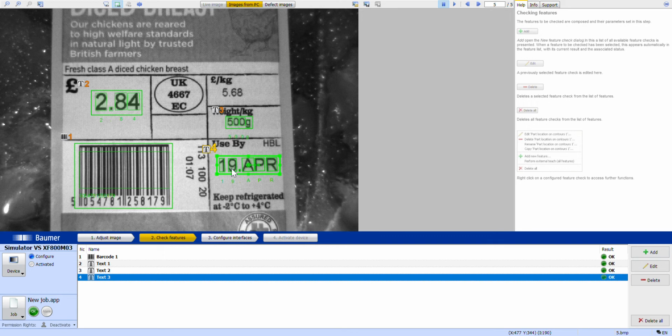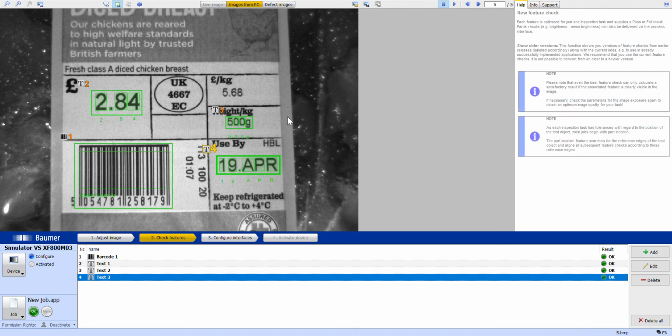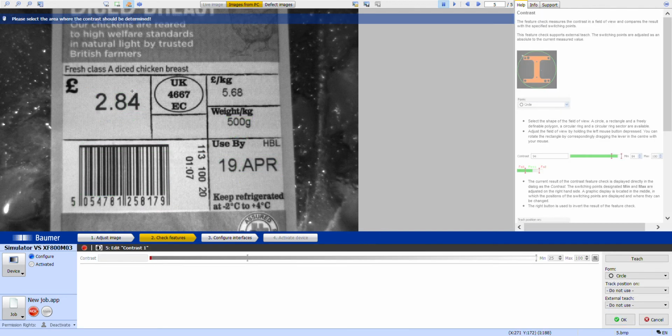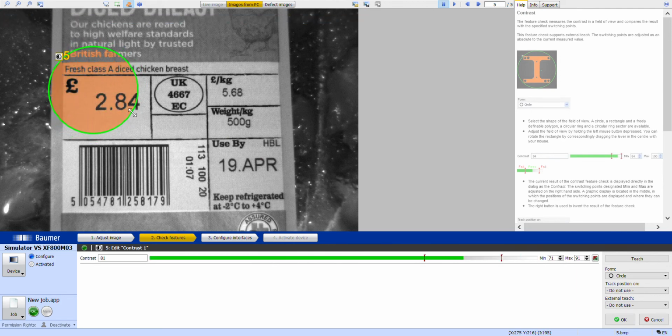And of course, if there is no code present and you look for OCR, of course you'll get a failure because you don't get the expected read that you want. But another simple way to do it without using OCR is to use something like a brightness or contrast tool. So for example, let's choose a contrast tool, and if I wanted to see if anything was printed in this area here, let me just change the tool to a rectangle,